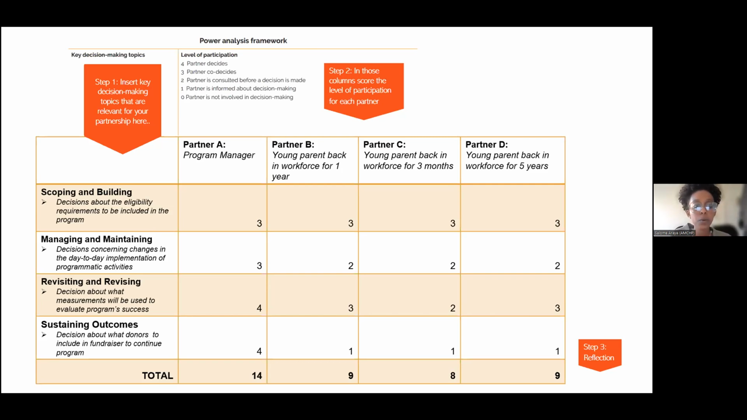When we look at this, some guiding questions help us. We want to see what levels of participation need to be reexamined now that the program has officially started. For instance, if we're looking at revisiting and revising, and specifically at sustaining outcomes, we see the numbers are totally different, where a program manager is a 4 and everybody else is a 1. If we're re-examining how we can engage with our partners, we might have a partner come to us and say, why is it